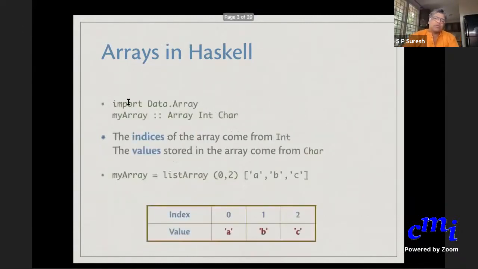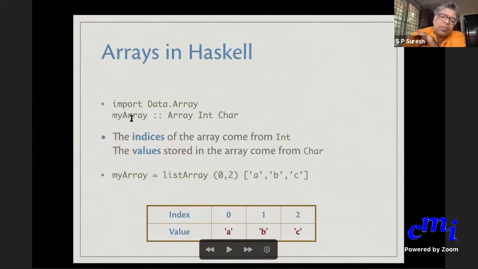So this is the main thing. You do import Data.Array, and you say something like this is the type. Generally, this will be the type of arrays: an array of characters with the indices coming from integers. This is one simple way of building an array from a list. You start with a list and say build an array from the list, and the array should have indices 0, 1, 2, with elements coming from the list. If you do this command, you will get an array where index 0 points to A, index 1 points to B, index 2 points to C.